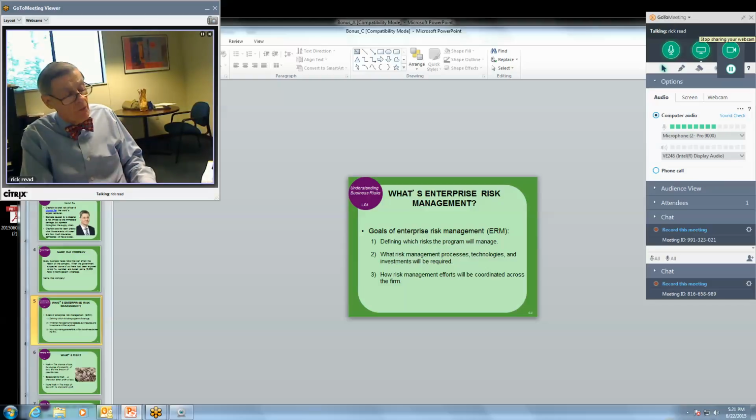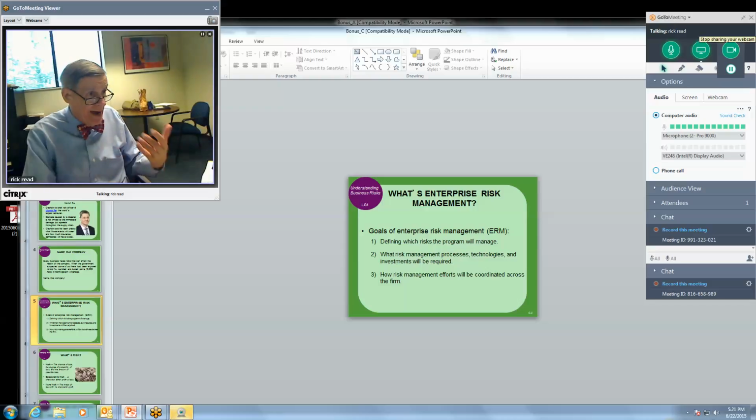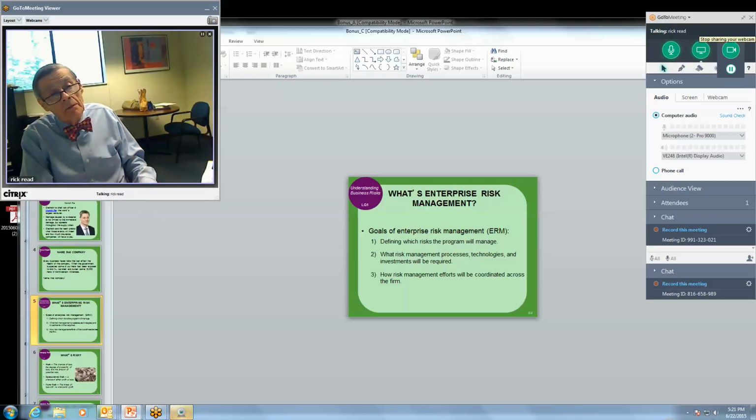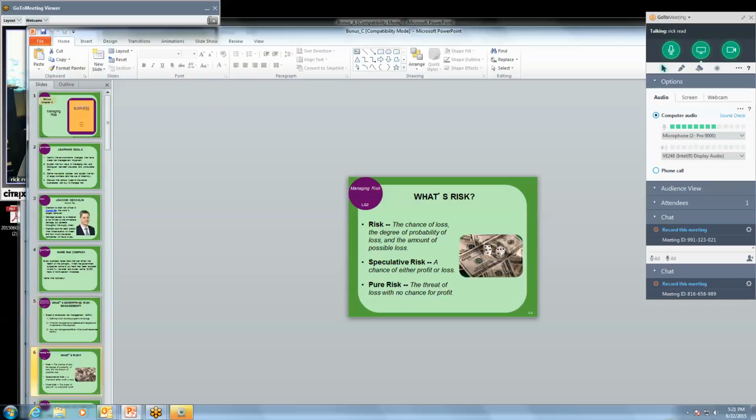What type of risk is an organization going to have? So this is enterprise risk management. Think of it maybe as a concept in a way. What risk management processes, technologies, and investments will be required. And then finally, how risk management efforts will be coordinated across the firm. So it's something that the firm has to think about, and it's not something that is done in a vacuum,